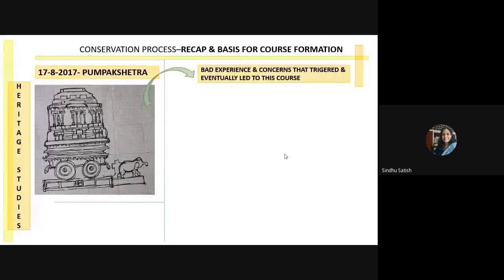That is one thing which kind of triggered me to think, like, what is it that I can really do about this? Because I am not trained by profession as a conservation architect, but it's just the interest. And I think all of us in this session are very similar in our attitude that we need to do something about this. And this experience, followed by another small incident, led to another outcome, which I'll discuss in some time.